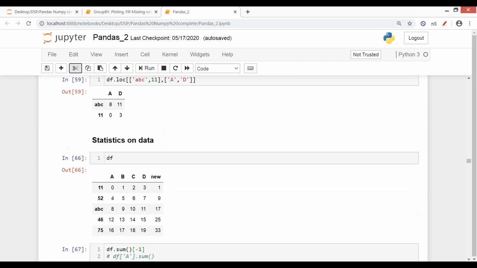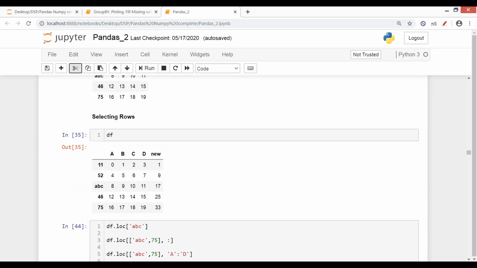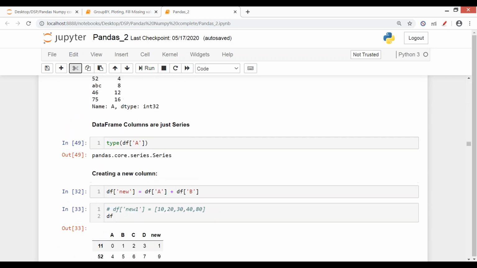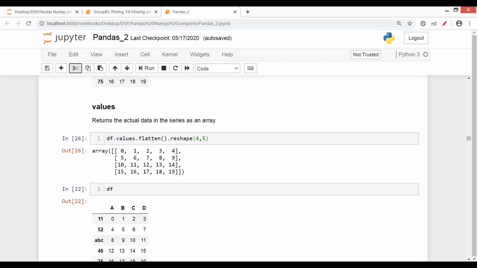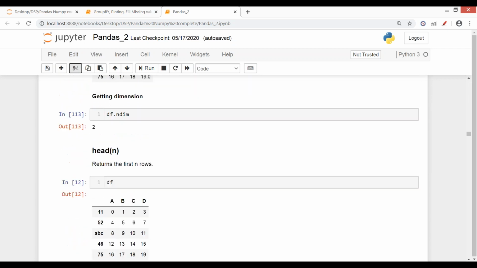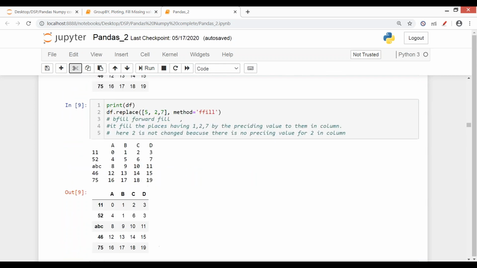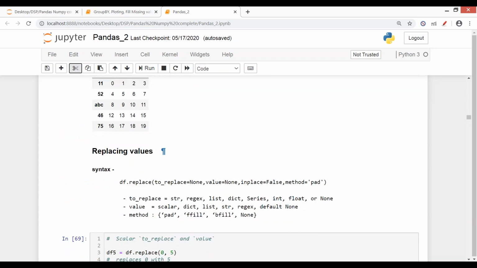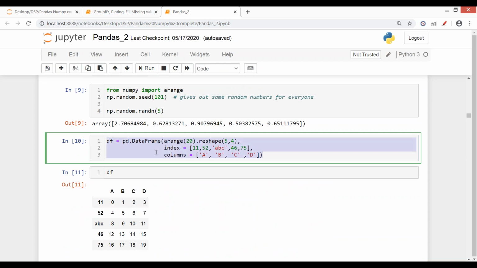One second, let me also search for it. Where I've defined. Yeah. I've gotten Aditya.